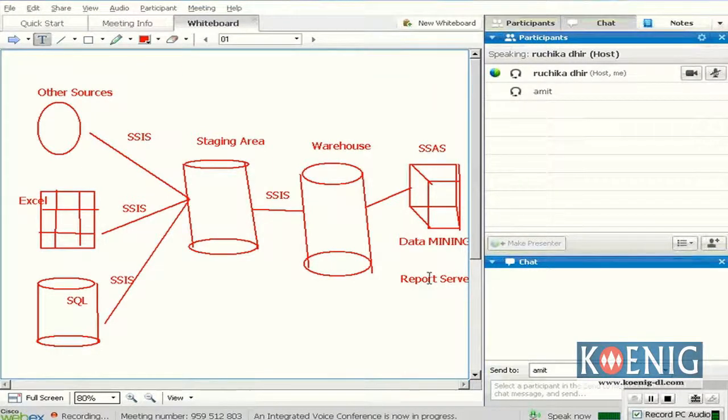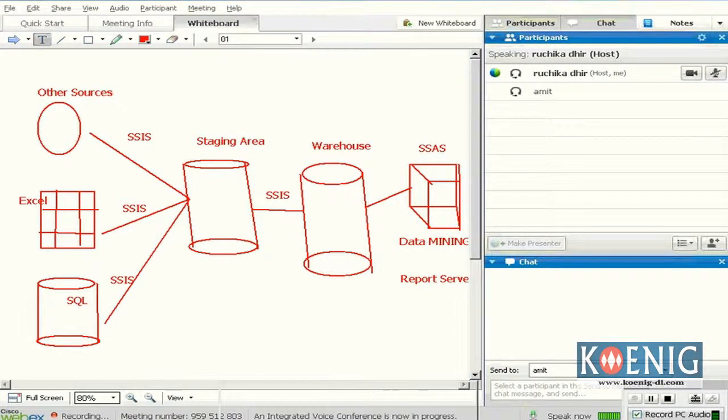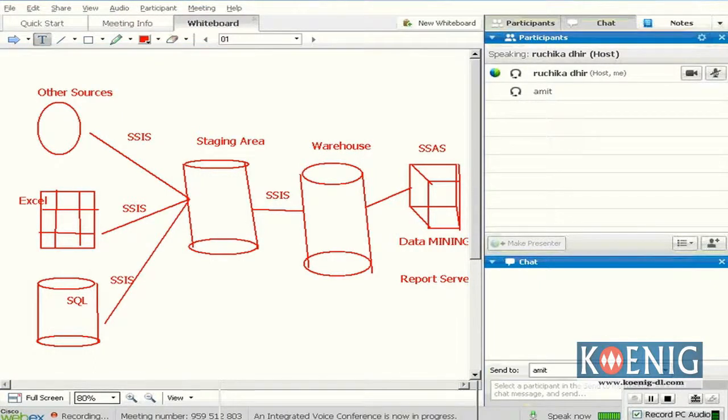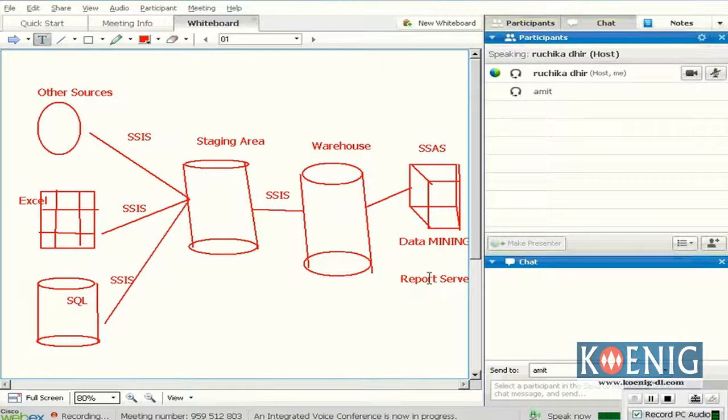What is the key point? What will help me increase the revenue? What are the trends? What are the patterns? All these kinds of information your BI helps you gather. Now we know that business intelligence is not only for Microsoft, because we can use Oracle BI also. We can use Cognos also. But here we are talking about MS BI because we are using Microsoft. So now the next thing is what exactly Microsoft BI is.